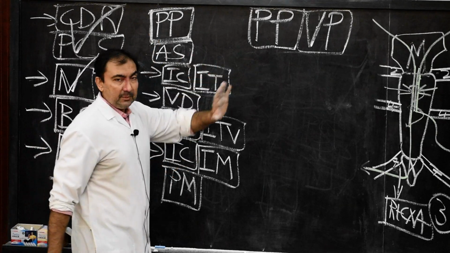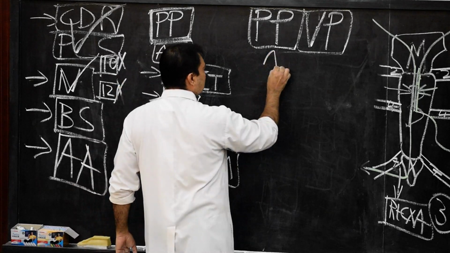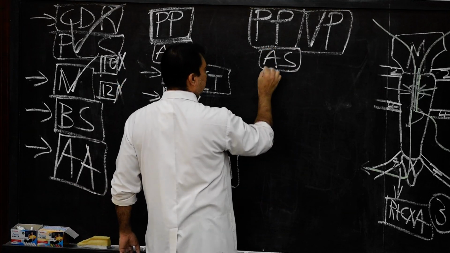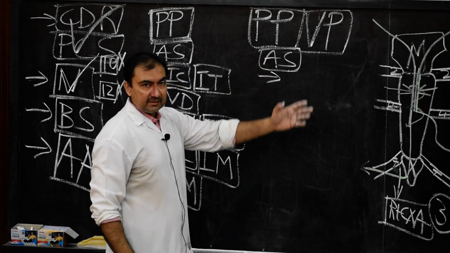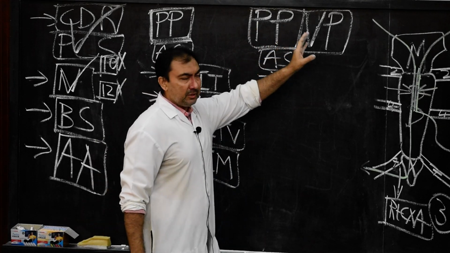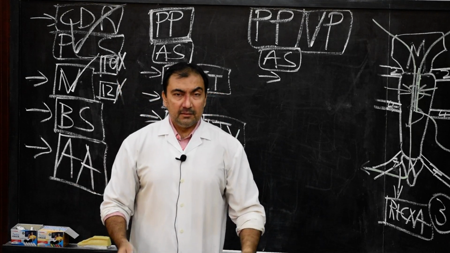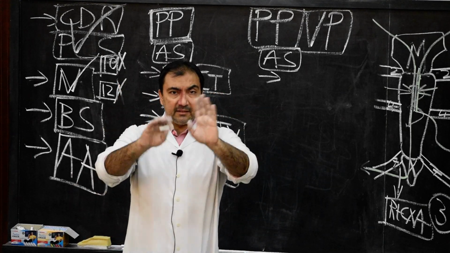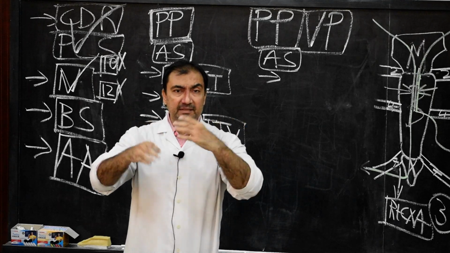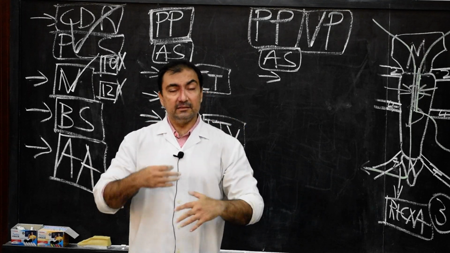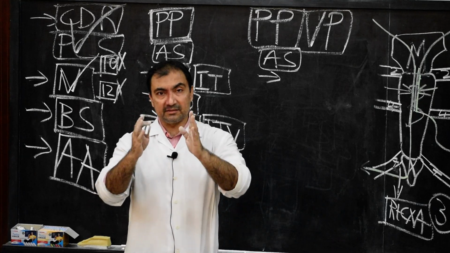We come to pulmonary pleura. Now in pulmonary pleura, before we discuss the arterial supply, let me make it clear, the pulmonary pleura or visceral pleura is developed from splanchnic layer of lateral plate mesoderm. Therefore, its arterial supply, venous drainage and nerve supply will be same as splanchnic, same as visceral, same as lungs.